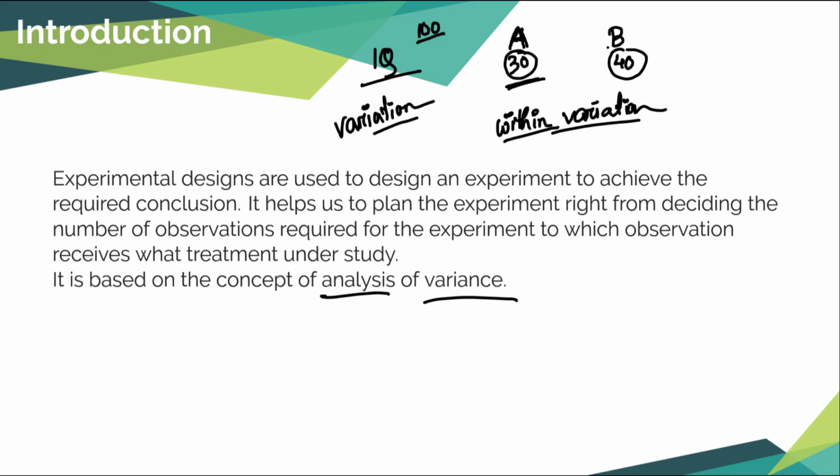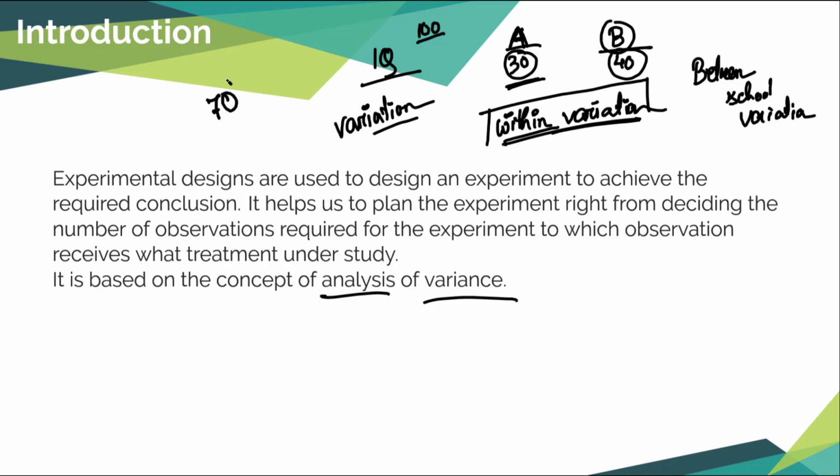Now we also know that students of A on an average may be completely different. The marks obtained by students of A on an average may be completely different from the marks obtained by students of a different school. So there is a variation between schools also, right? So that is called between school variation. So we have identified two causes for the variation of the marks of these 70 students. As a whole, you have 70 numbers, right? That is our data set.